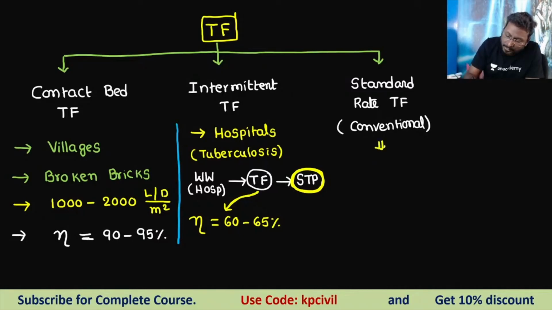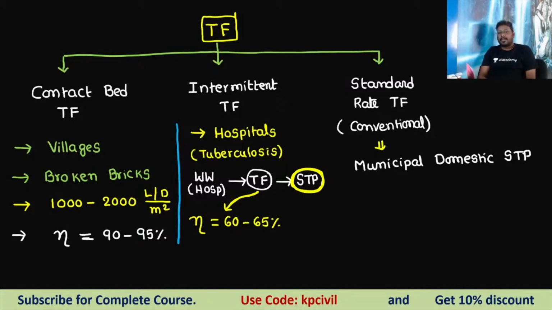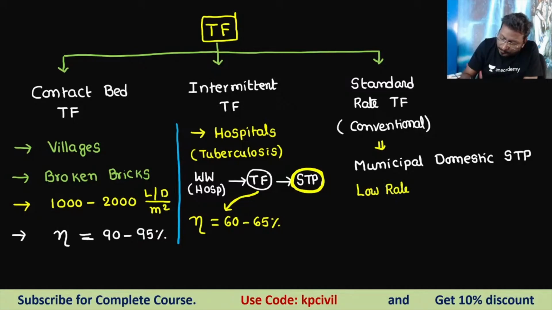Now this is what we are using in our municipal domestic sewage treatment plant. Standard rate trickling filter, conventional trickling filter, in towns and cities. City and town municipal sewage treatment plants will carry the standard conventional trickling filter. Again, it is differentiated into low rate conventional trickling filter